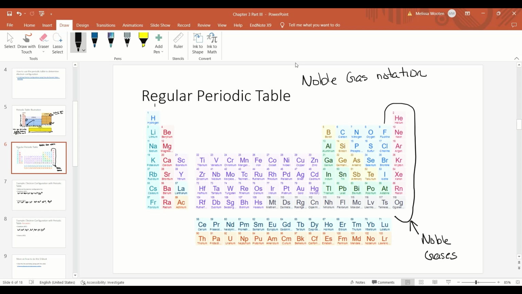Where you start off with the closest noble gas that was previous to it. So for example, if we were doing chlorine, we couldn't do argon because it has too many electrons. We'd have to go with the closest one that was previous, which is neon. Okay, and so if we were going to go back to chlorine,